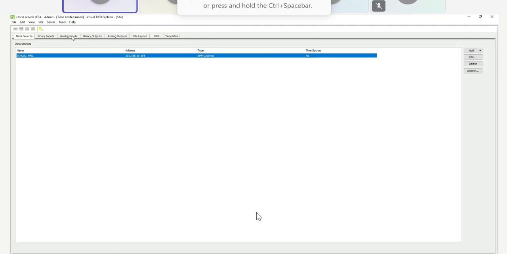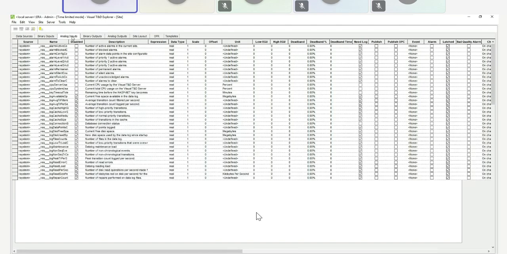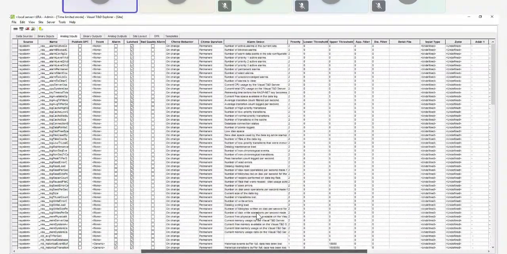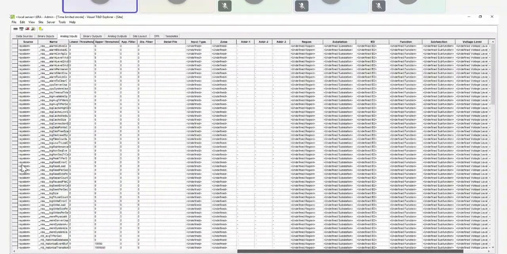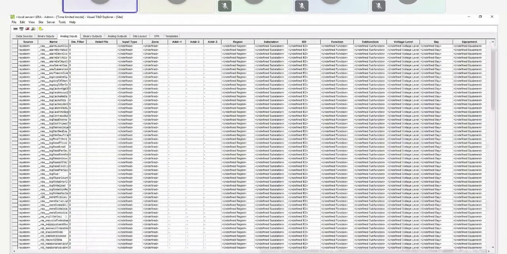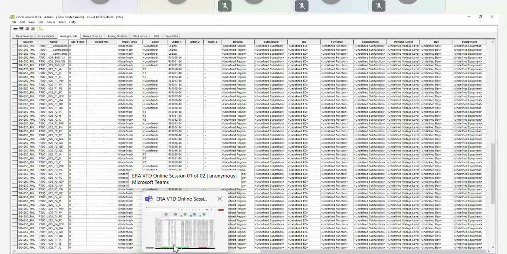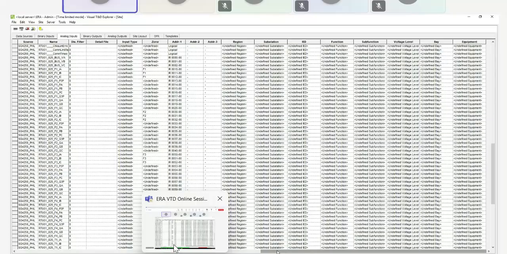Then those substations, for example, I can define that already in my site configuration. For example, for my analog inputs, if you go on the rightmost side of all these columns, I will just define some here, just to have a picture. For example, for the F1 PA, I will define the substation column here, or region.